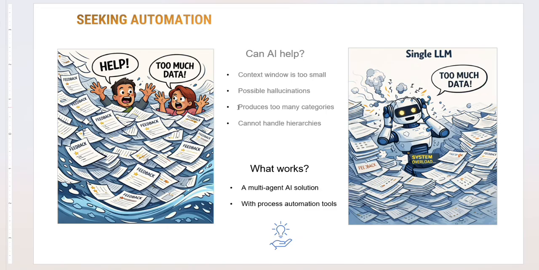And one more issue is that LLMs are not really good at handling hierarchies unless you take some special measures. So as a result, the single LLM still does not help with this task. And this is just one of those tasks that are more complex by their nature. And you need to use multi-agent tools, build solutions that would be applying different LLMs sequentially, let them collaborate with